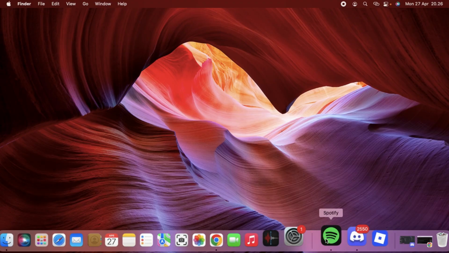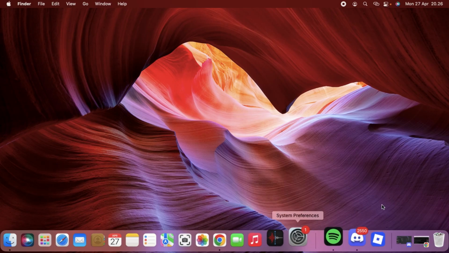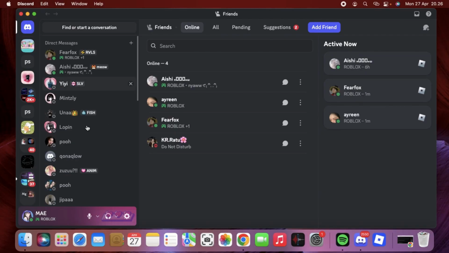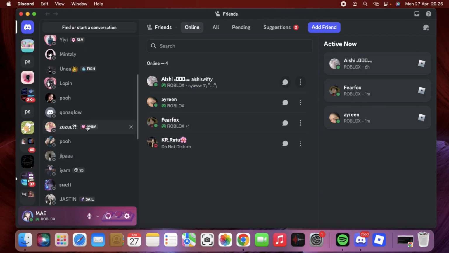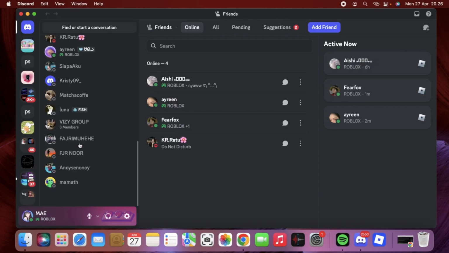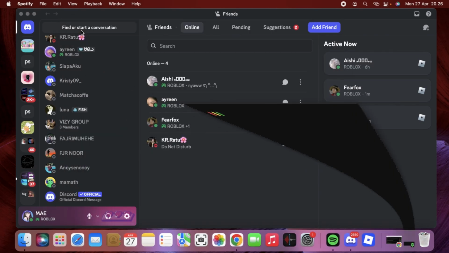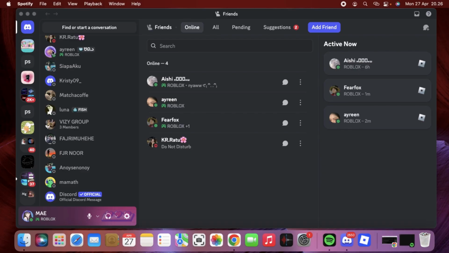It's very simple. First of all, of course, we have to open our MacBook here. So maybe for the example, you just opened your Discord and the Discord won't close. So you have to force quit the Discord. How to do it is very simple. First, you can do just like this. Here's the open app. You can go to here